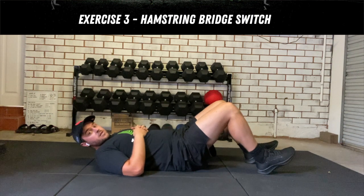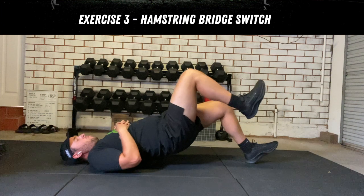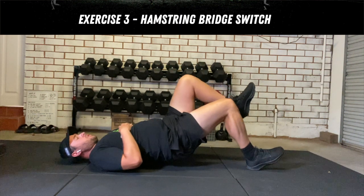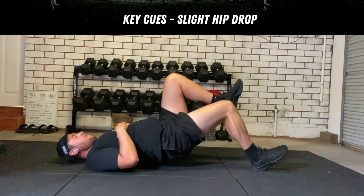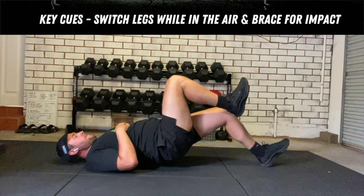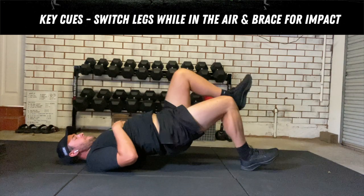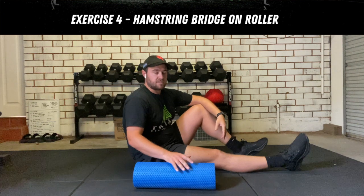Okay, the final progression for this one, so similar to the march, we're up, one leg up, we're going to slightly drop our hips down and switch. Now the switch is probably the most difficult of the lot of these exercises,